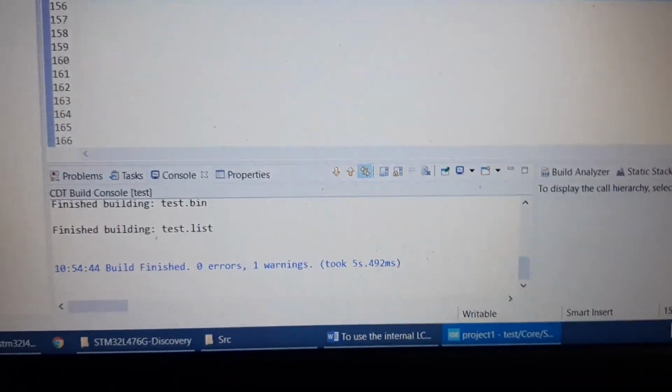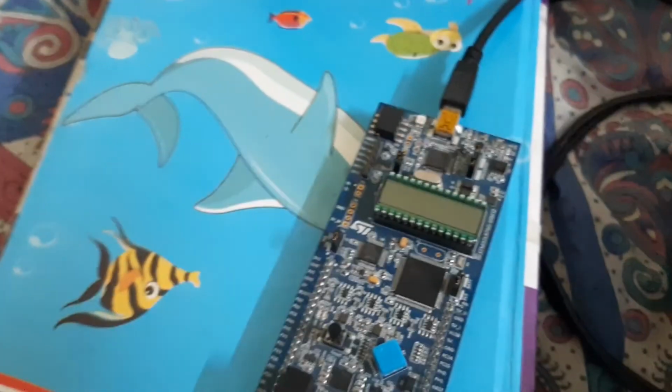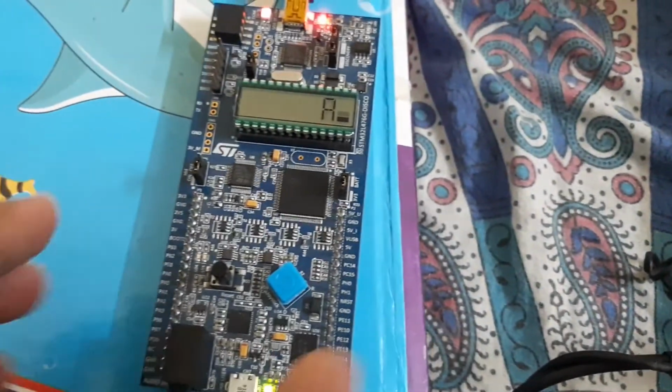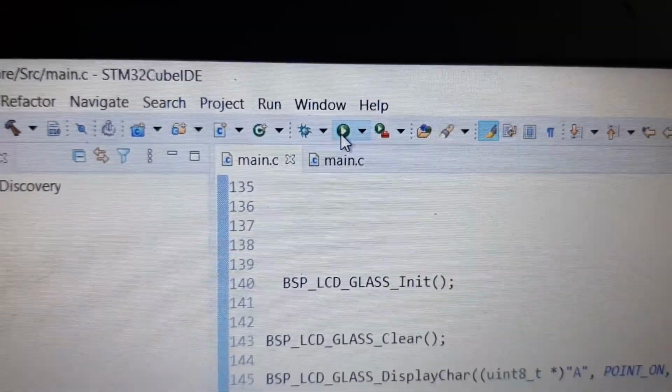One warning is there, but other than that the project is built. Now I can plug my board into the system, and then I need to click on run.